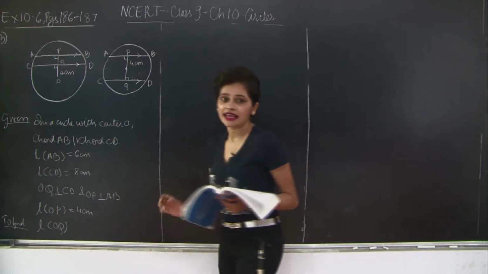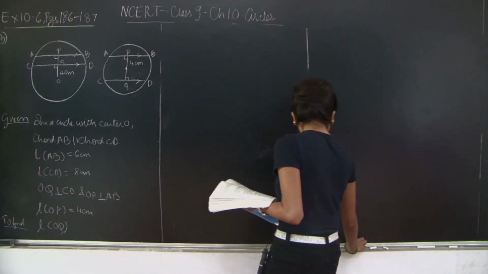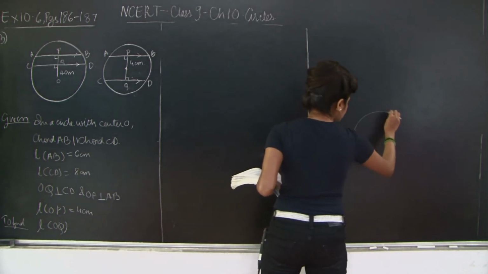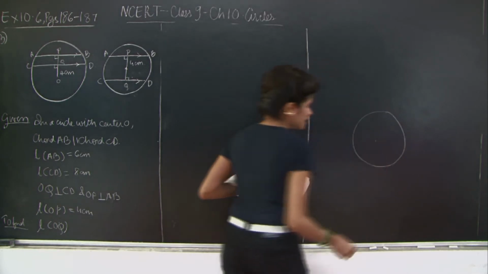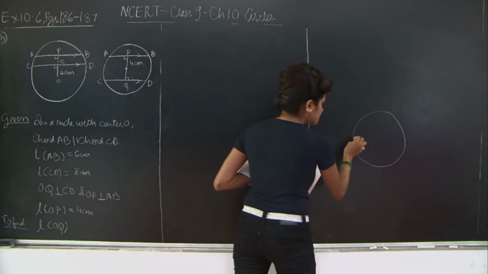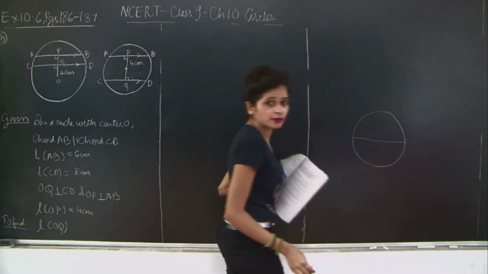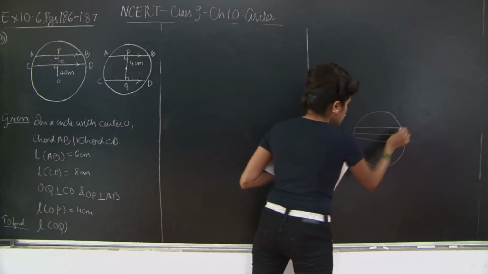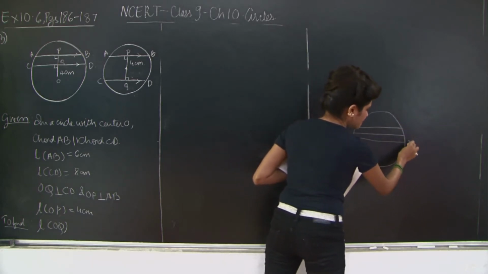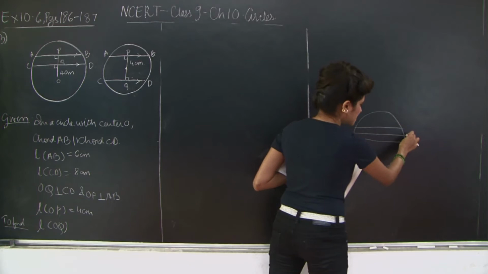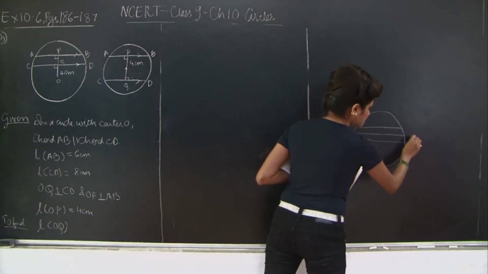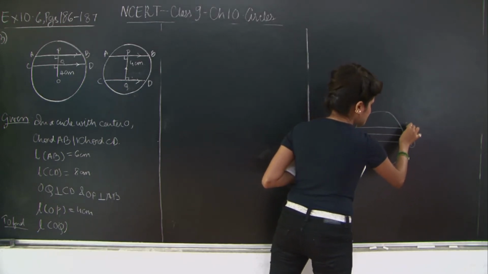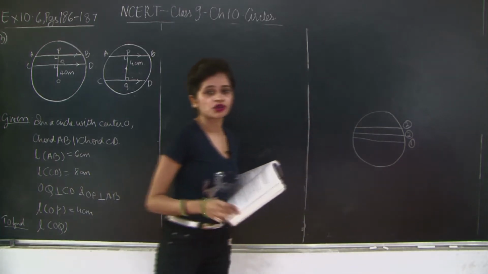Please note that if you have a circle like this and you have this as the center, the diameter is the longest chord. Which will be the second longest chord? This one, then this one. So this length is the greatest, right? Then comes this, so this is first in ranking, this is the second in ranking, and this is the third in ranking in terms of their lengths.